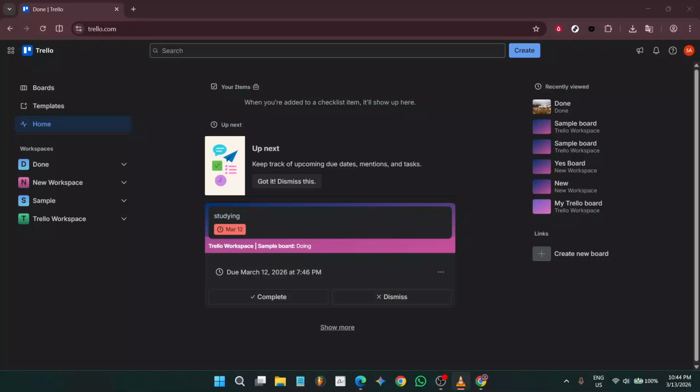In today's video, I'm going to teach you how to delete a workspace in Trello. By the end, you'll know exactly where to go, what to check, and how to confirm the deletion safely. Before we begin, remember that you need to be an admin of the workspace to delete it, and deleting a